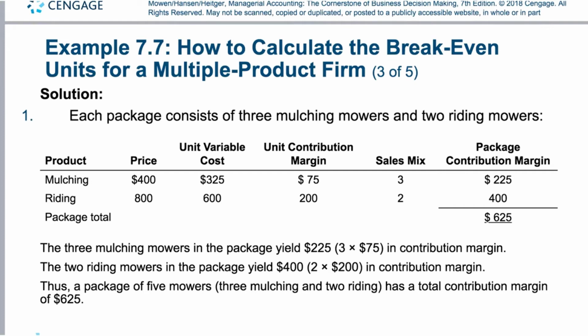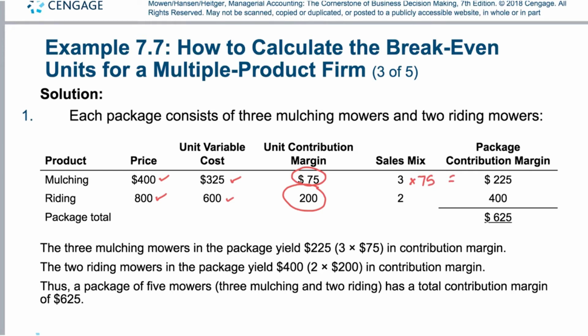Right, so we have mulching mowers with a price of $400, unit variable cost of $325, giving us a contribution margin of $75. And our riding mowers have a price of $800, cost of $600, and a unit contribution margin of $200. And we know, here's our package with 3 times 75. Right, 3 times 75 is going to be